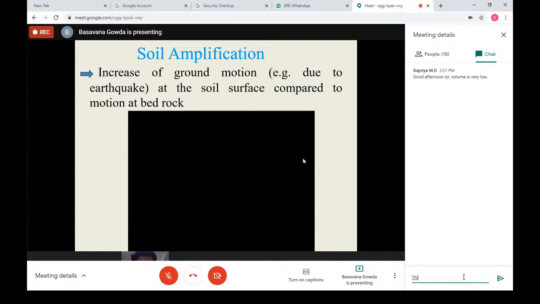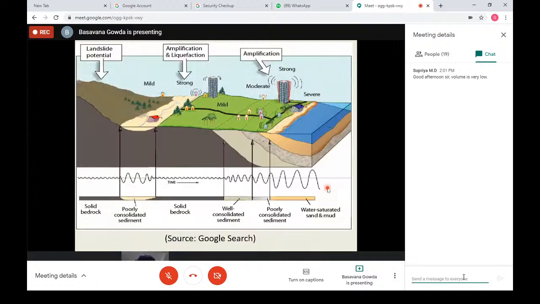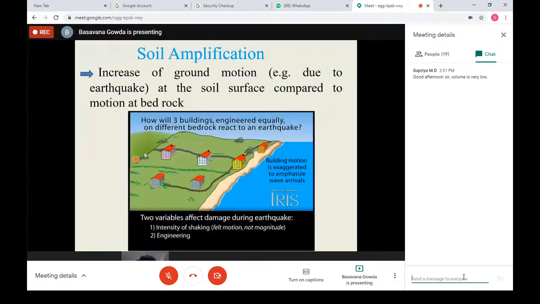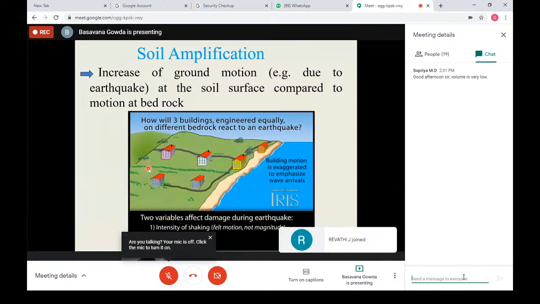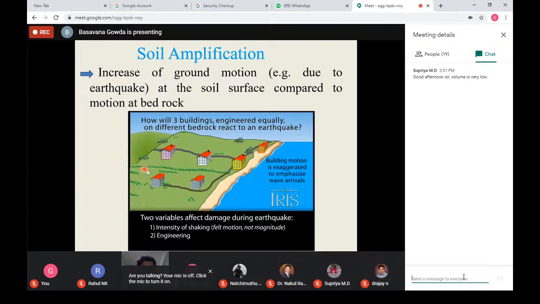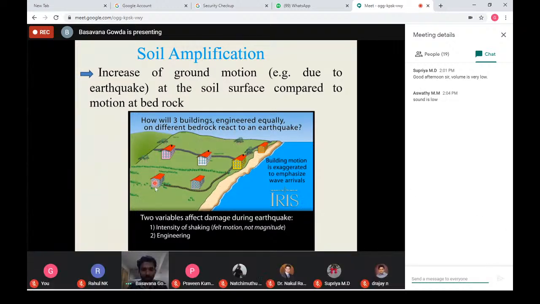What is the point I wanted to discuss here is, you would have seen the amplification of the waves when you consider the hard strata and when you consider the soft strata. In fact the video shows the surface waves, but when we speak about the shear waves,